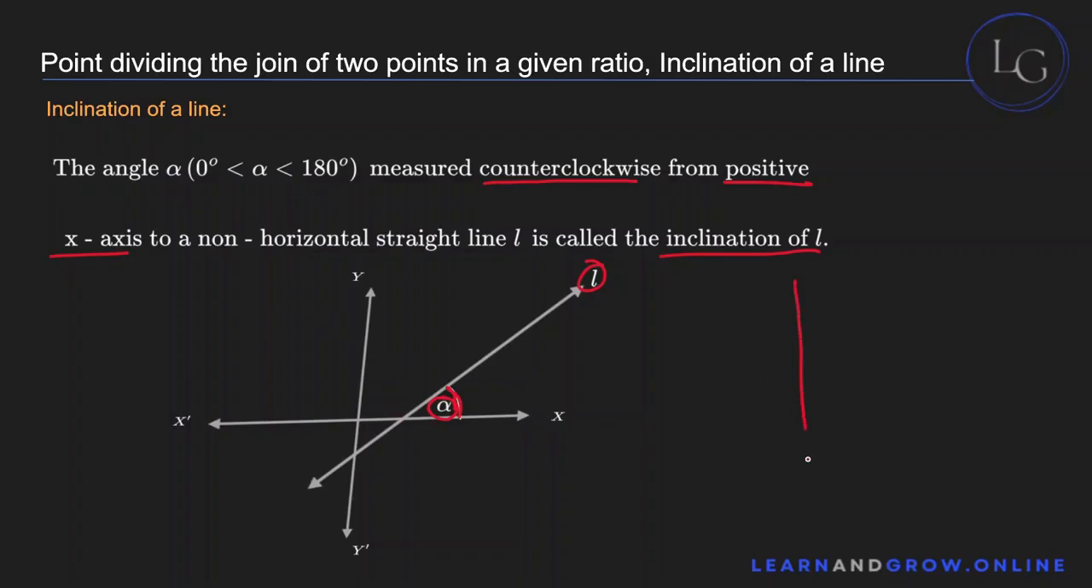So another example would be if you have this axis over here, and say you have this line over here, then you can basically start drawing a circle counterclockwise from the positive x-axis and end it at this line. Let's call it the line P. So this angle beta is the inclination of the line P. Okay,